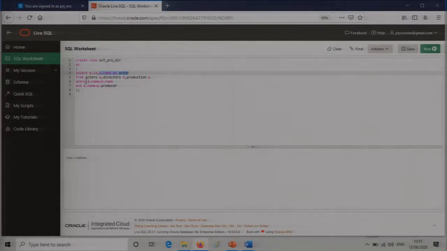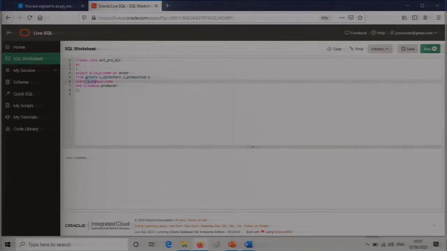Otherwise, if you don't give the new column name with as, it will use the default name, whatever the original name was in the base table. Just for clarity, or for your understanding, you give this. This is not compulsory. You might not give it a new name. If you don't, it will just take the default name which is there in the base table. Now from which tables are you extracting all this material? You are extracting material out of the actors table, directors table and producer table.